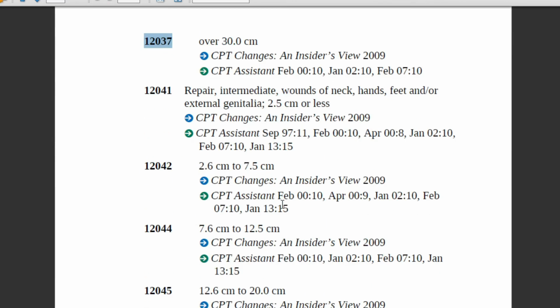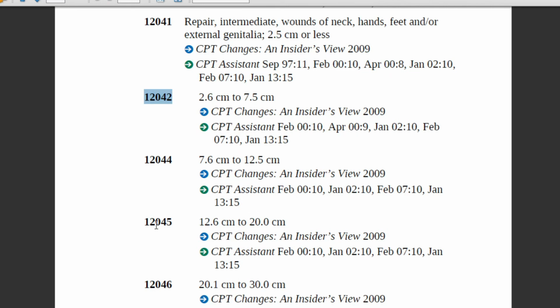12037. And you can see one more body group of intermediate repairs related to neck, hands, feet and or external genitalia. As a coder, if you find 2.5 cm of intermediate repair in the medical record of the patient, assign 12041, or if the diameter is up to 7.5 centimeters, assign 12042.